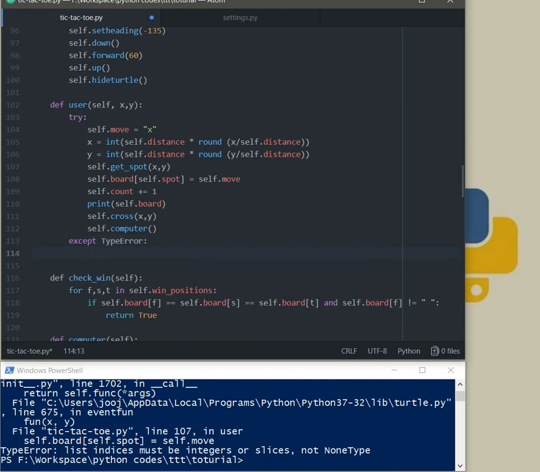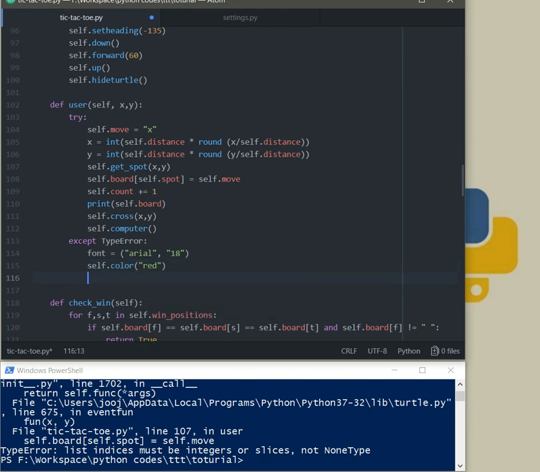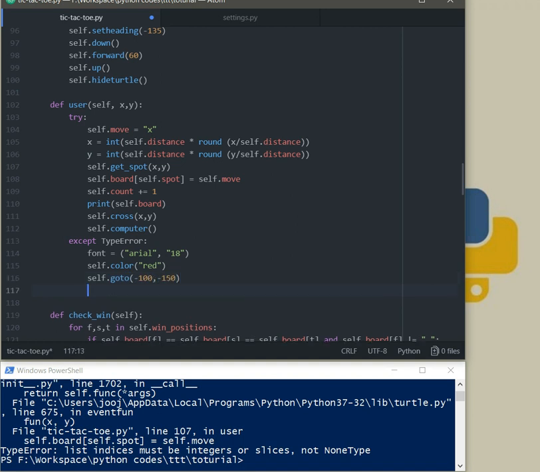And when that error happens, font equals Arial 18, set that color, we can have red color here, and self dot go to -100, -150, and self dot write